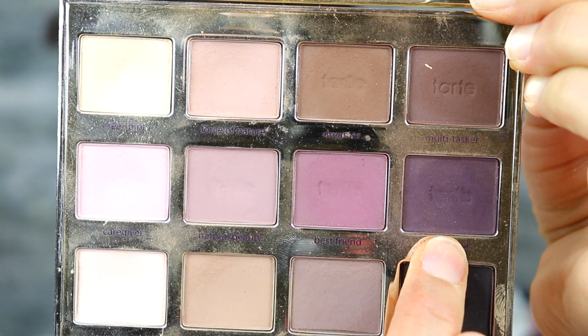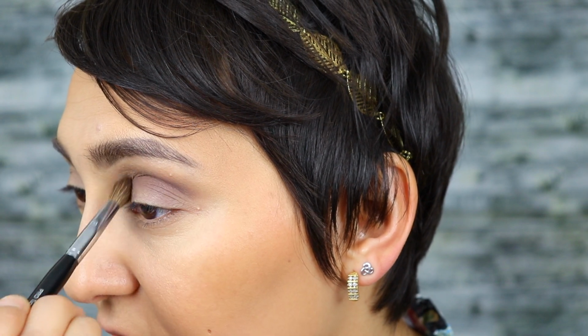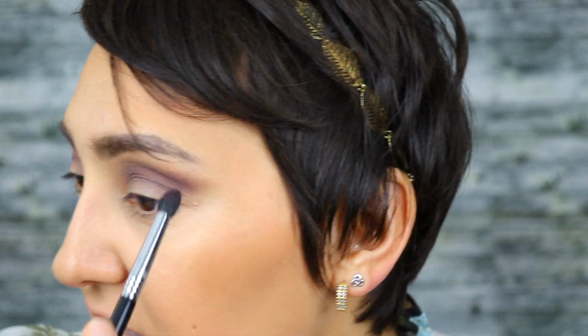I think to add a little bit more color into this look, I'm going to go in with Best Friend and maybe a little bit of Bombshell. So this is Best Friend, the purple, and this is the deeper purple shade, and that one is called Bombshell. I'm going to take Best Friend first, and this is on my Sephora Pro Tapered Crease brush, number 19. It just adds a little bit more purple into the look, which I don't know if it's showing up on camera very much, but I'm gonna layer it a little bit more. Okay, and then I'm gonna go into Bombshell, the darker purple shade, and I'm just gonna put that in the corner